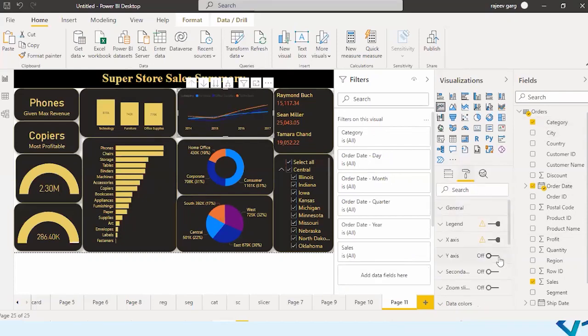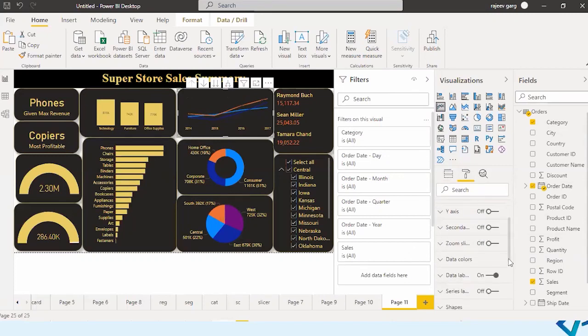Right. Quickly, I don't want any legends over here, neither do I want any data labels. That's it.